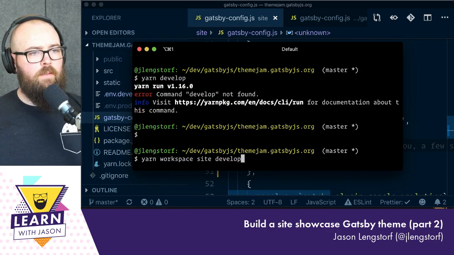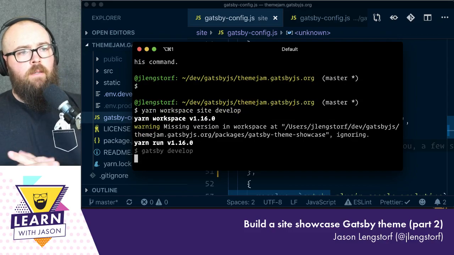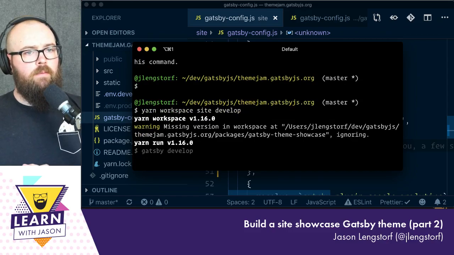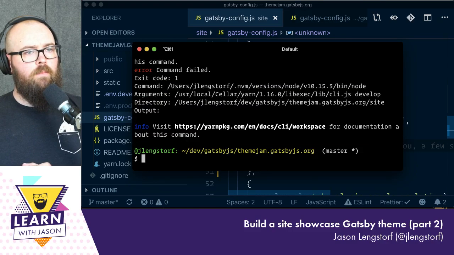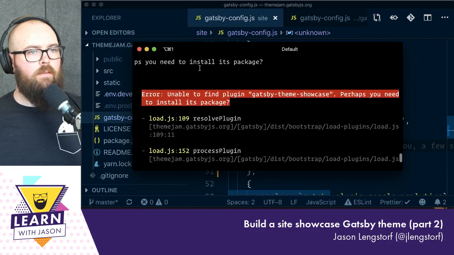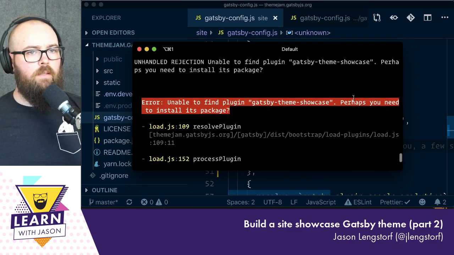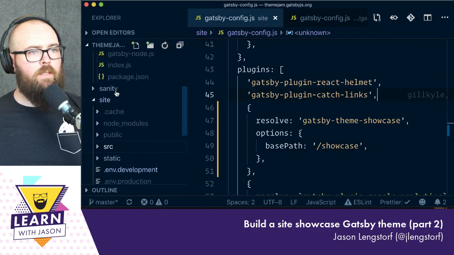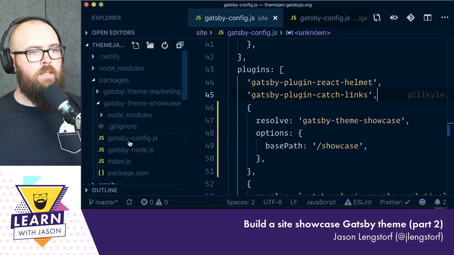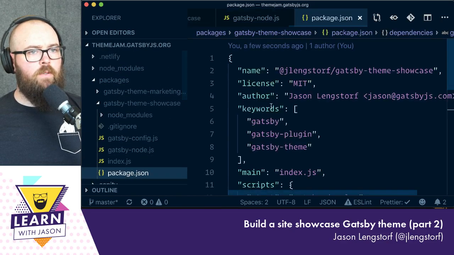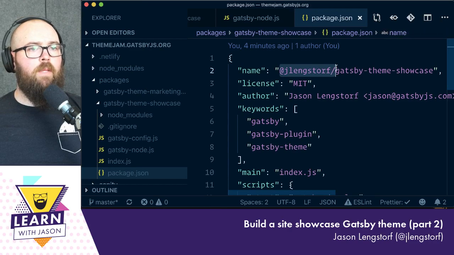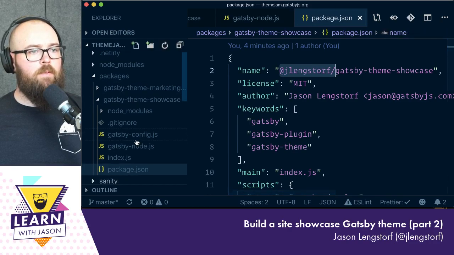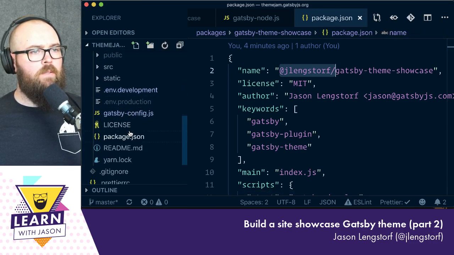That's the wrong thing. Okay. Missing. All right. Unable to find Gatsby theme showcase. So I have Gatsby theme showcase in my packages. Let's take a look at if I screwed this name up. Aha. So it's, I namespaced it, and we're going to come back in here,